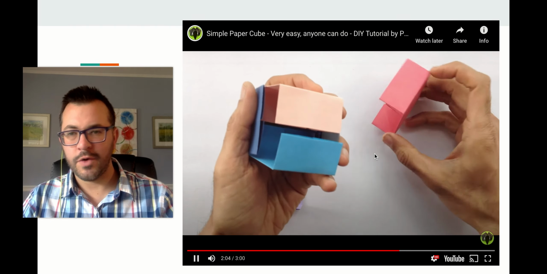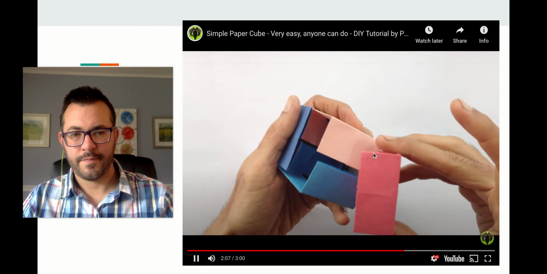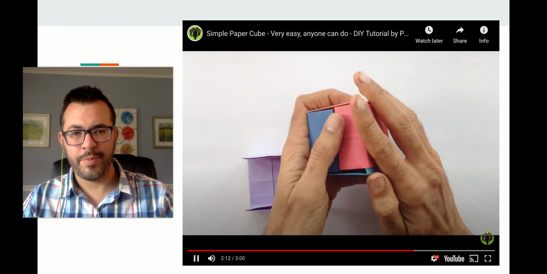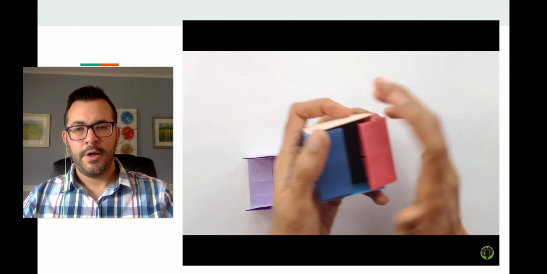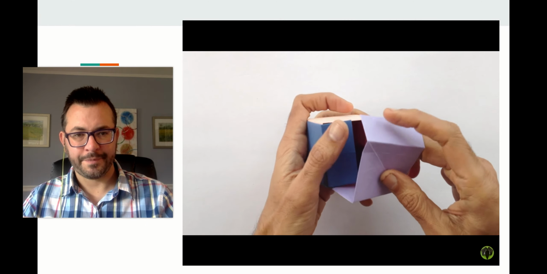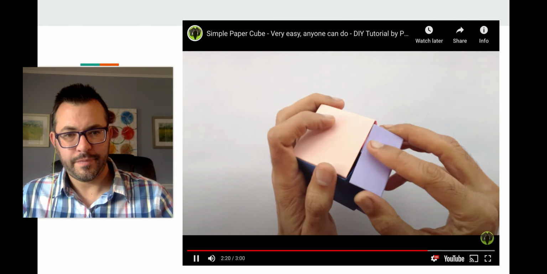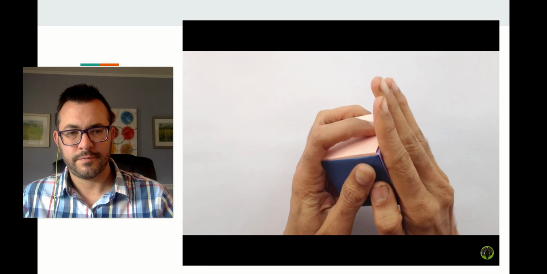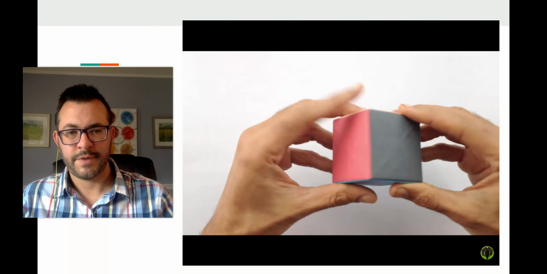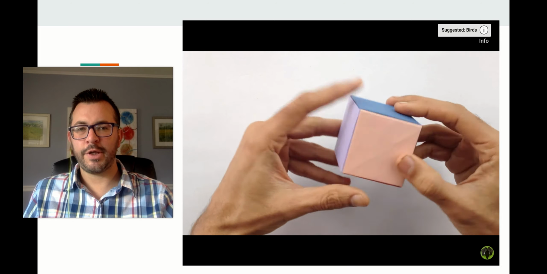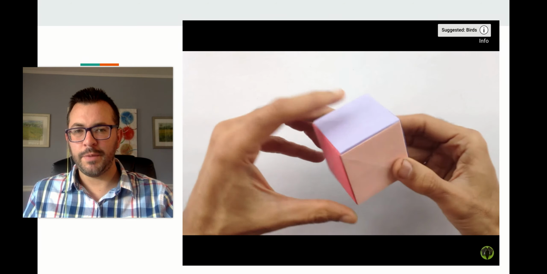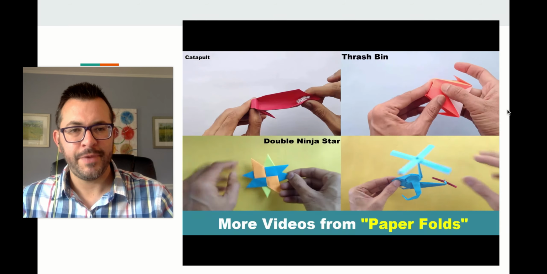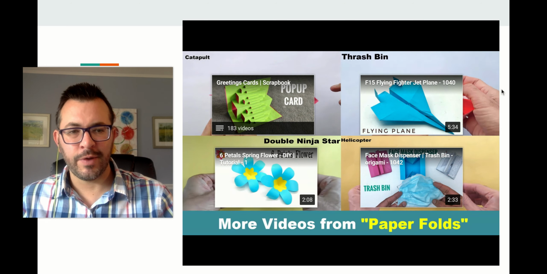So they're going to work their way across. And if those are nice tight folds, they will help hold the other pieces together. One more. Ta-da! Simple paper cube. So this uses 6 individual pieces of paper, and you can decide how large you want your cube to be. Here are lots of other links right on their site